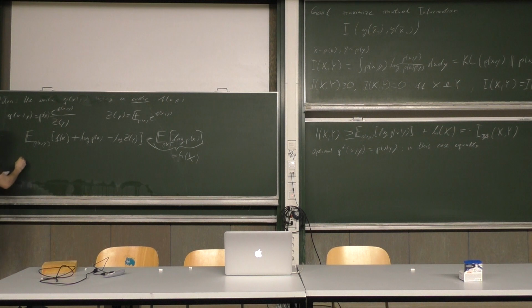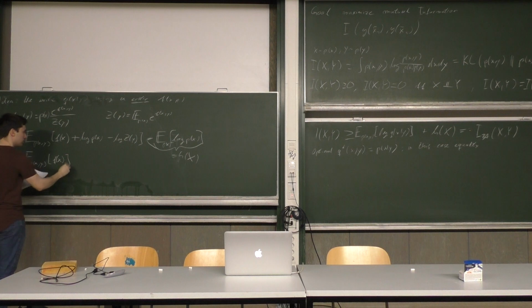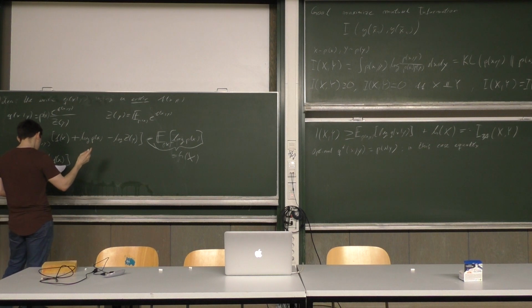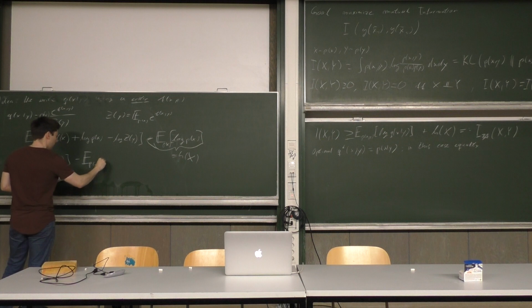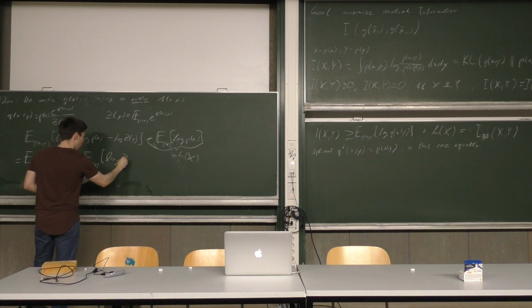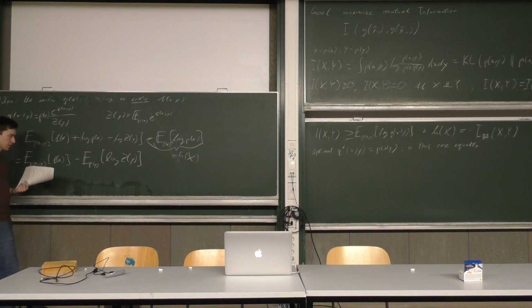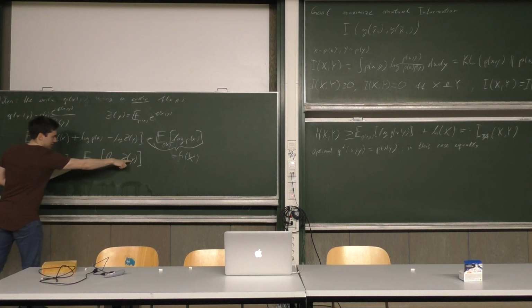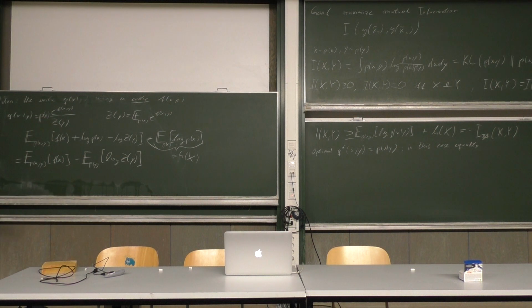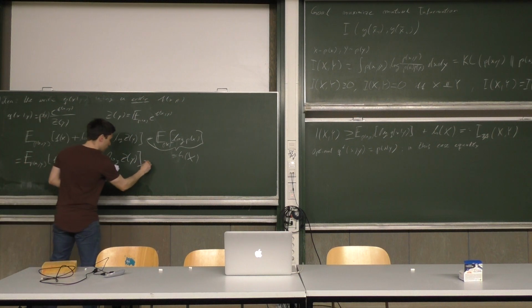And then what we are left with is the expectation of p of x and y over f of x minus the expectation over p of y of log z of y. So here we drop the x because there's no x in here. And this now we call the